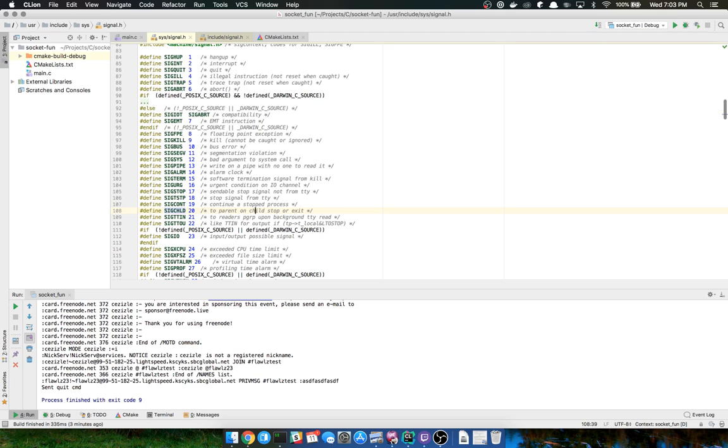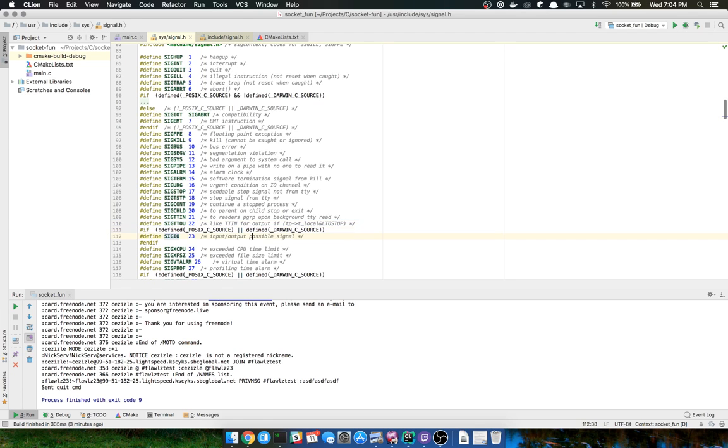Parent on child or stop or exit. I'm not forking it. Two readers, GGP union, or PGRP, don't know what that stands for. In case you guys haven't noticed, GCC or GNU people or whomever, I like to refer to them as neckbeards. They love their acronyms. Let me tell you, it's kind of annoying if you don't know what they really stand for. But once you learn it, it's not so bad, I guess. But it is super annoying.